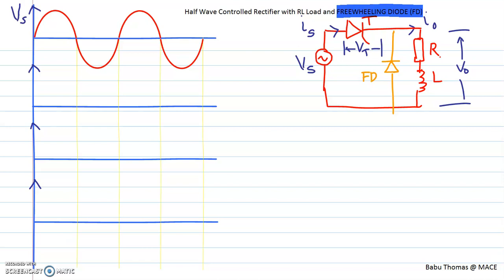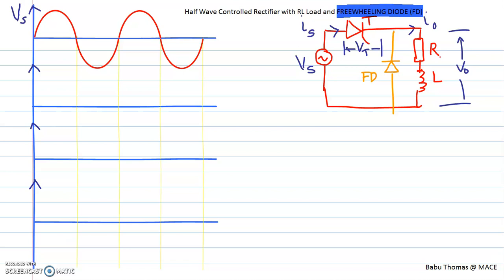The use of a freewheeling diode in a circuit is to improve the output voltage and current waveforms. It prevents the reversal of the load voltage, which normally happens when the input supply voltage goes to a negative half cycle and the thyristor is not in the off position. It transfers the load current away from the main thyristor so that the thyristor is able to regain the blocking state. So we will move on to the circuit analysis.